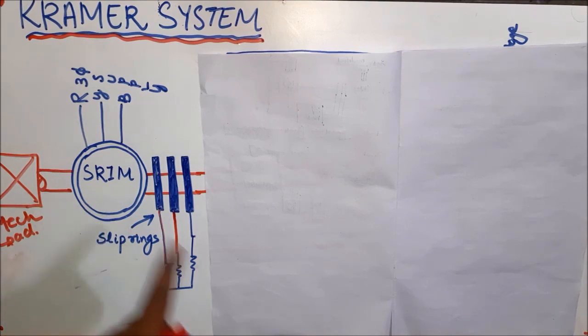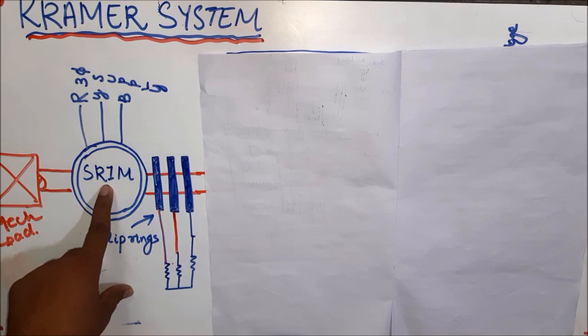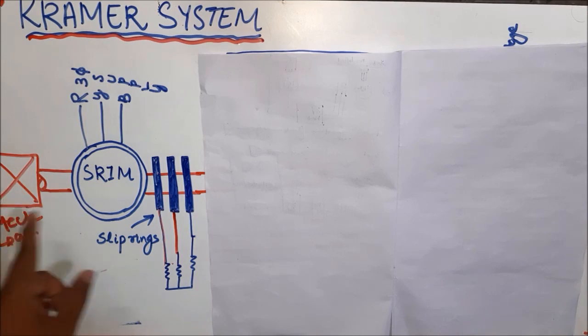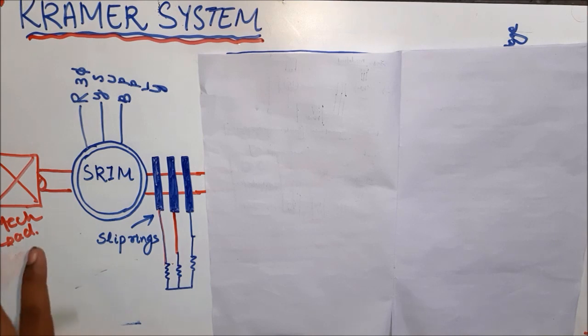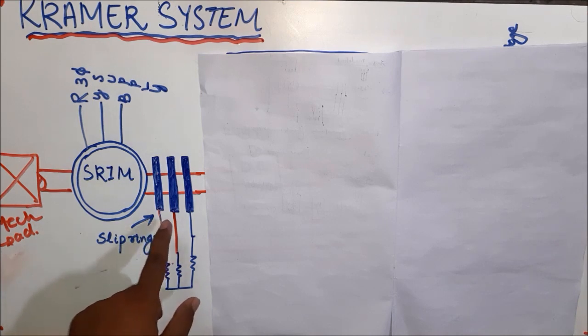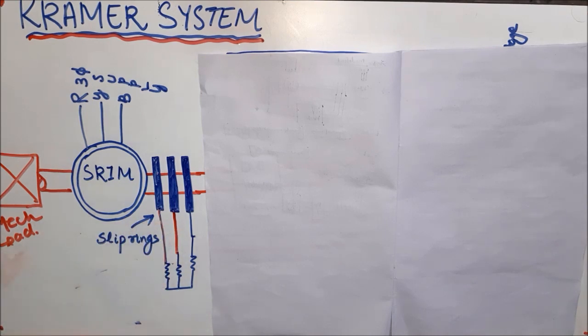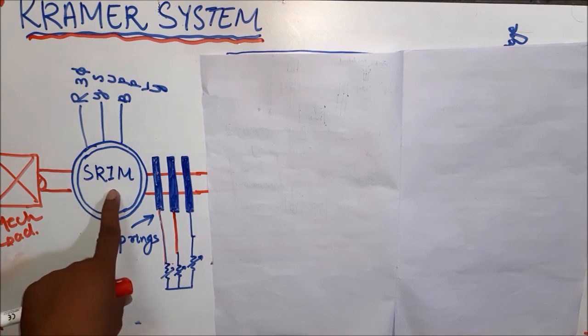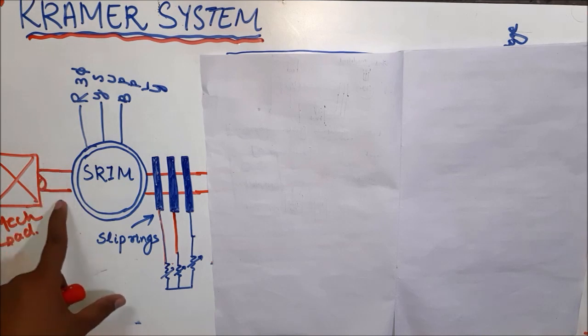So the figure in front of you is a basic induction motor, that is slip ring induction motor, which is used to drive a mechanical load. This is nothing but the mechanical load, and these are the three slip rings. Diagrammatically, I took these slip rings outside, but actually these slip rings are connected internally. Anyhow, by varying these three resistances, if I want to control the speed, I mean increase or decrease the speed, for the rotor side control, I can change this resistance value so that the speed of the induction motor changes, which actually changes the speed of rotation of the shaft.